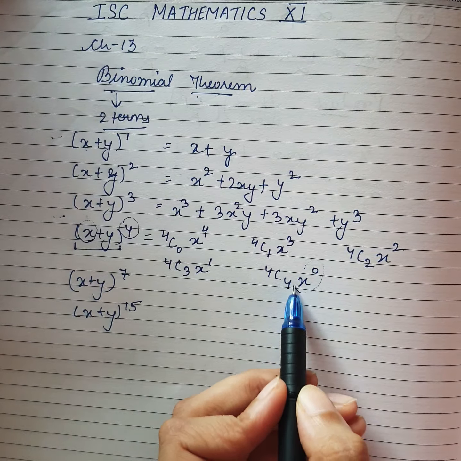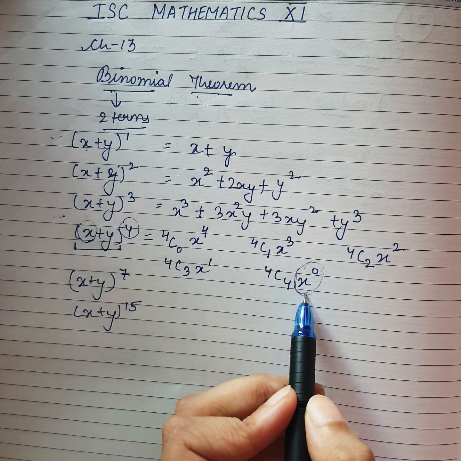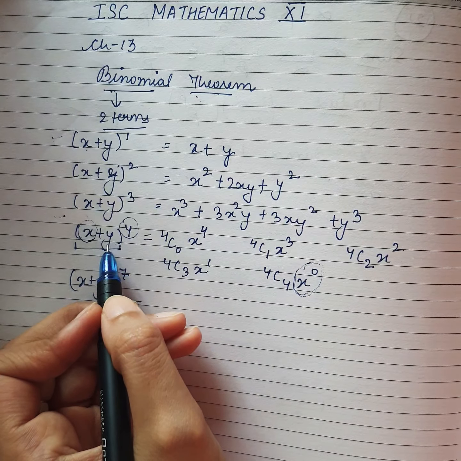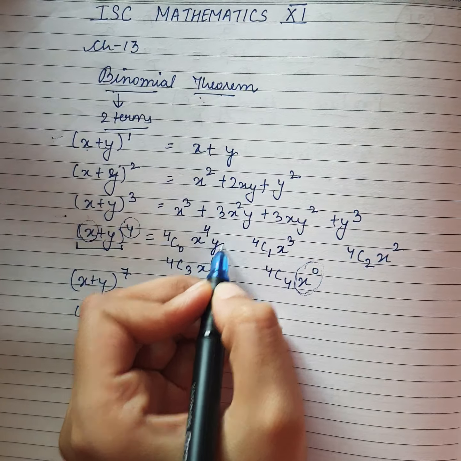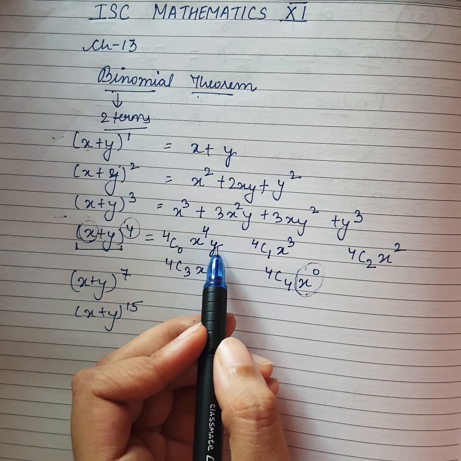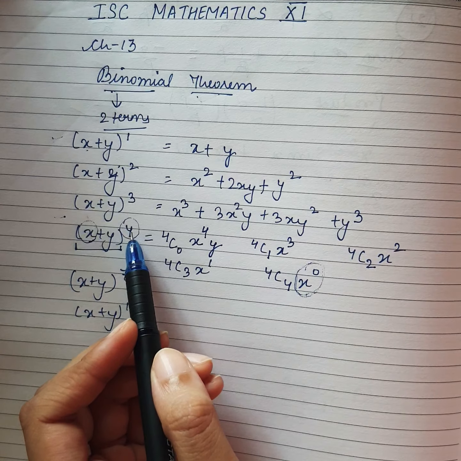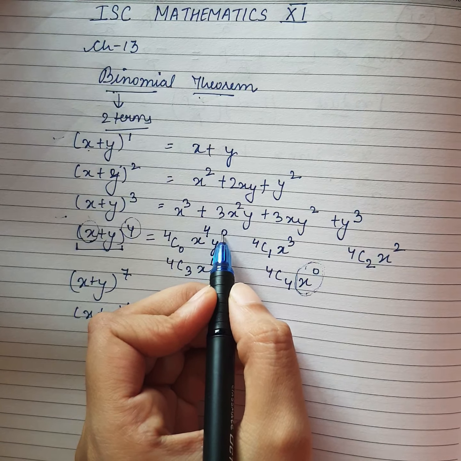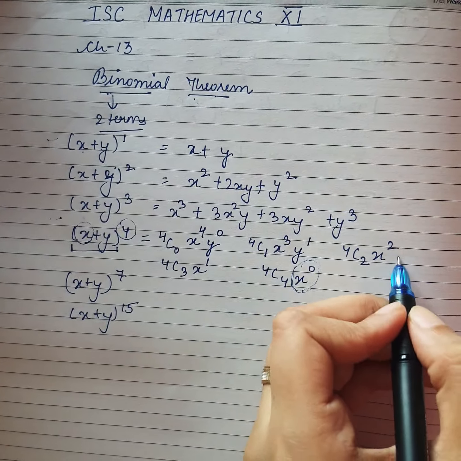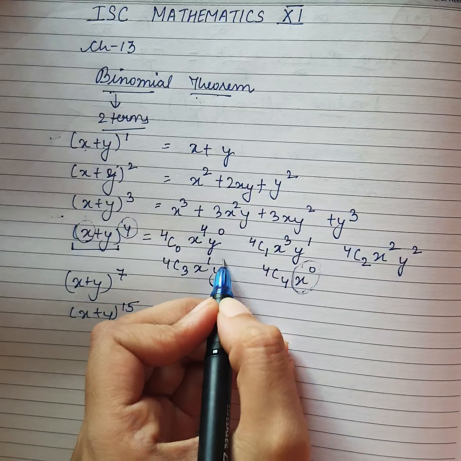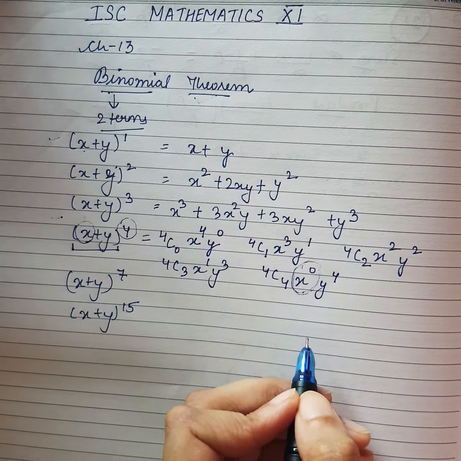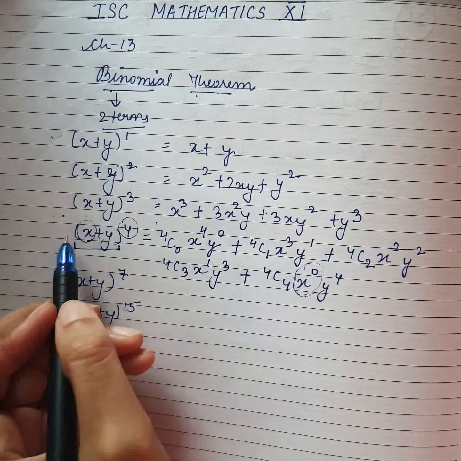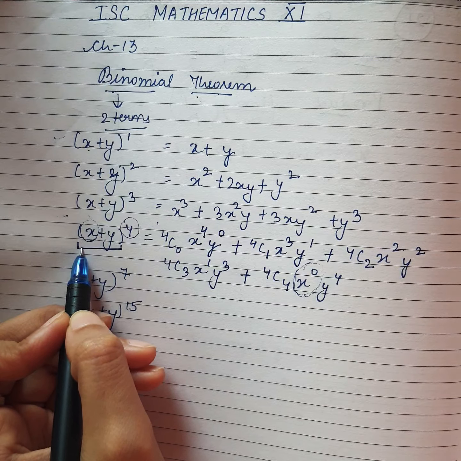Whether we write this term or not, it will not make any difference, because anything raised to the power 0 will be 1. Now, the second term of the binomial, y, we will start from the least power, so we will start from 0. Here we started from the highest power and here the least power, and it will go on increasing: y^1, y square, y cube and y^4. Then all terms will be added. So this is the binomial expansion of (x plus y) whole power 4.